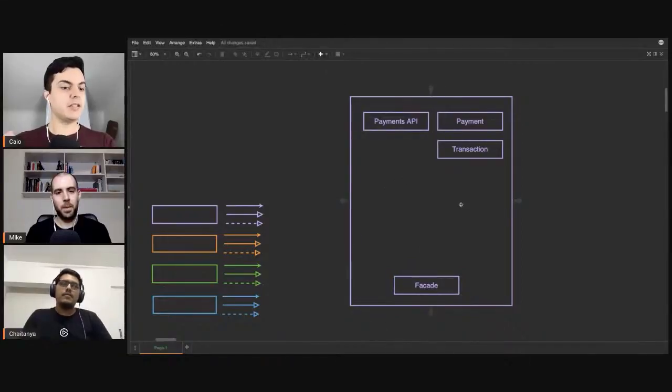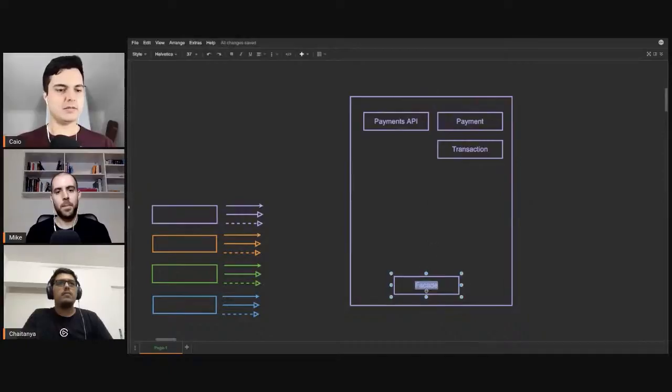They probably should be internal, so your clients don't have access to the internal structure of your application. Because if you make something public, you need to think that someone's going to use it. And if someone's going to use it, you cannot change it, because if you change it, you're going to break your clients. Exactly. So as much as you can, try to make everything internal, all the logic internal, and